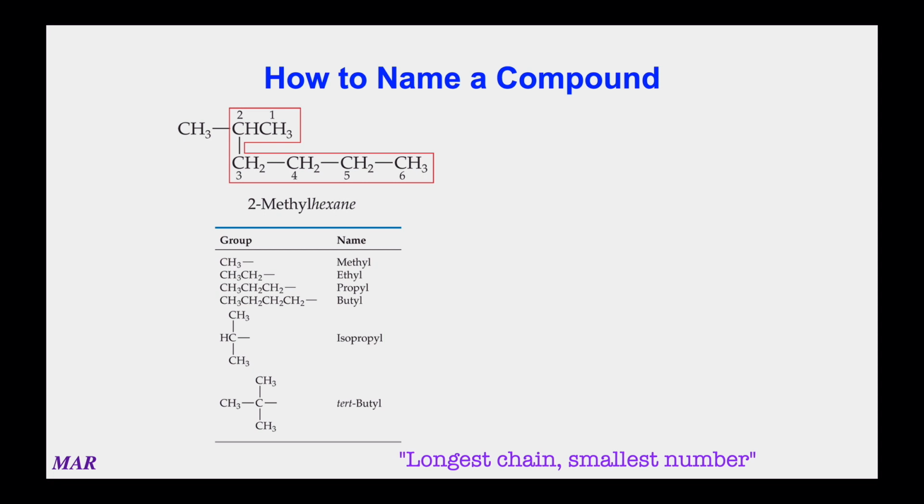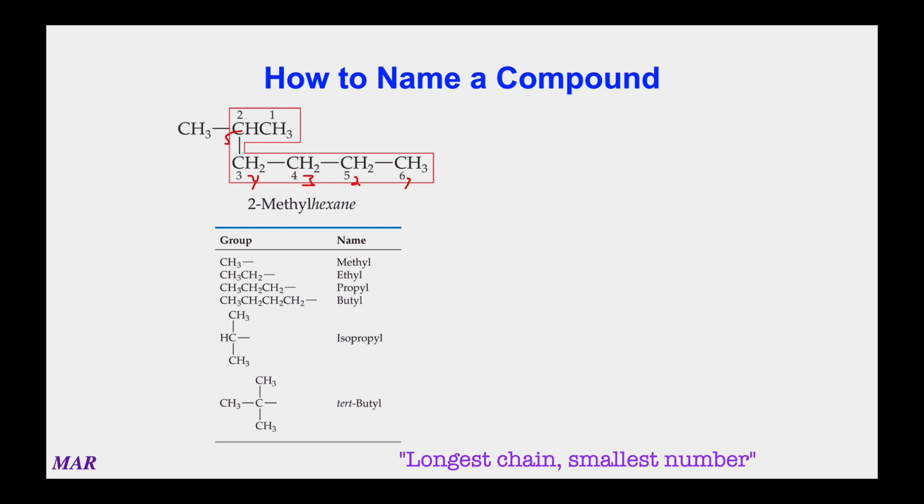So now we have to think about the number that's going to be in front of the methyl hexane. You want to use the smallest number possible. So if you start at number 1, obviously you can see it's number 2, so 2-methyl hexane. However, you could also start at carbon number 6. You could say, all right, this is 1, 2, 3, 4, 5. You could also call this 5-methyl hexane, but that would be incorrect. You want the smallest number. 2 is smaller than 5.